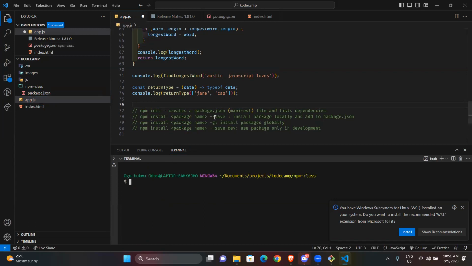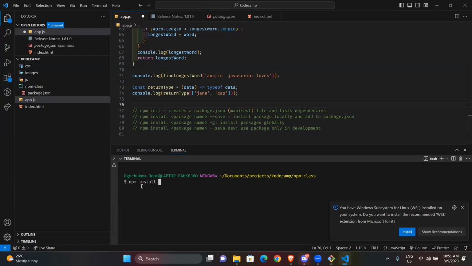So we have npm install, and then you add a --save. So let's say, for instance, npm install. You can use npm i, you can use npm install, for those of us that like to test our typing skill. So npm install, then a package name.